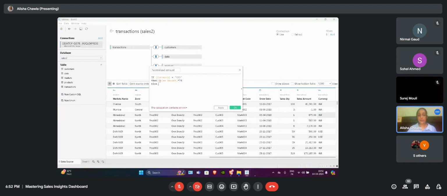Else, in case the currency is not equal to USD, that is, the currency is INR, India, then give us the same sales amount. Do not change anything. End is necessary to write, to show that our condition has ended here. So this is the calculation we are doing on the sales amount. Any questions on this?